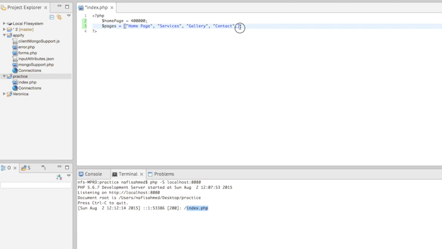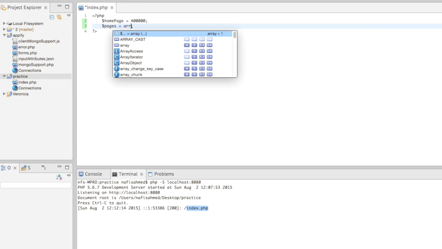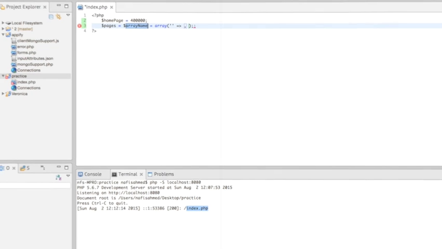Now there is another way of writing this array, and perhaps there are two ways to write this array. The first way is actually the old way, but the other way is using a key value pair. So the old way of writing this is also applicable. You can definitely